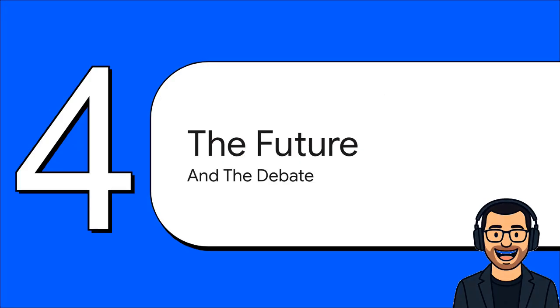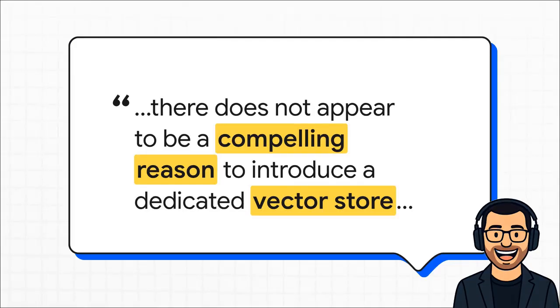But of course, this is a brand new field, and it's moving incredibly fast. And with that kind of speed, you get some big challenges, and a pretty heated debate about the right way to build the future. This quote really gets to the heart of the whole debate. Researchers are basically asking, look, if our existing, proven search technologies, like the stuff that powers Elasticsearch, can just be upgraded to handle vectors, do we really need to add a whole new, separate database to our systems? It's a really good question.